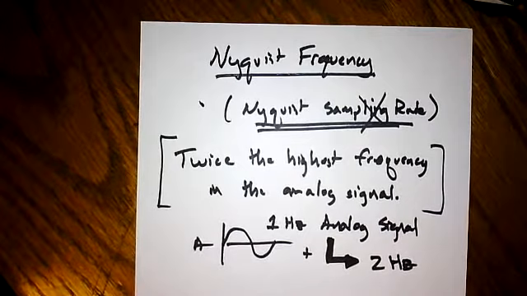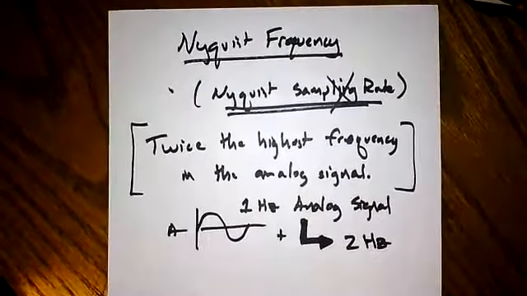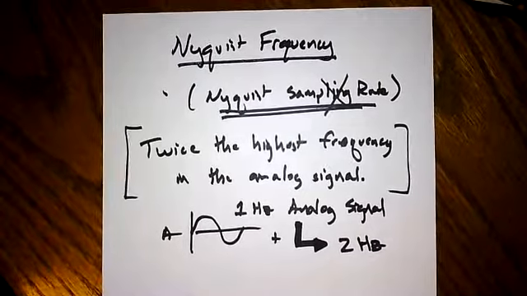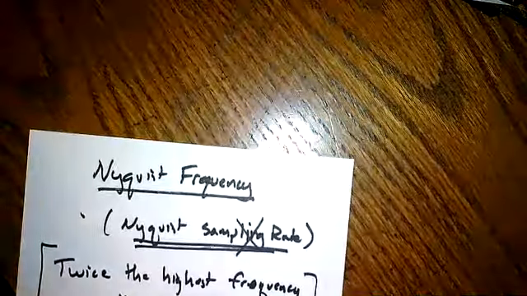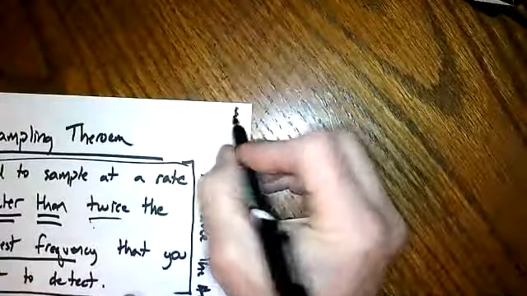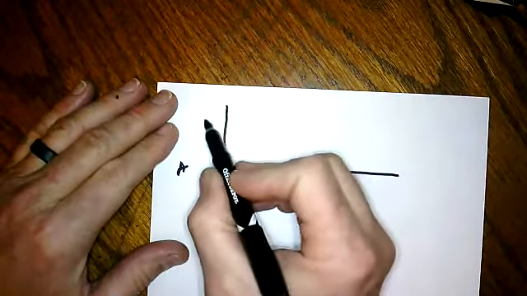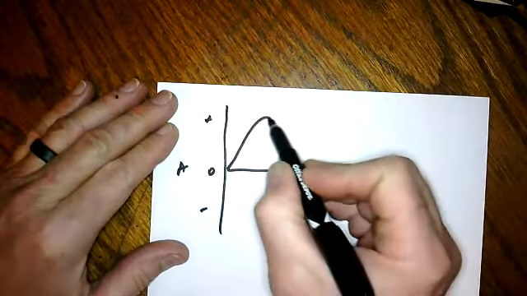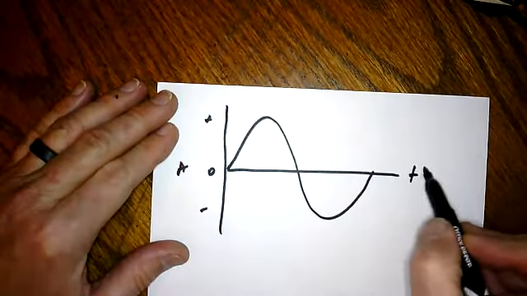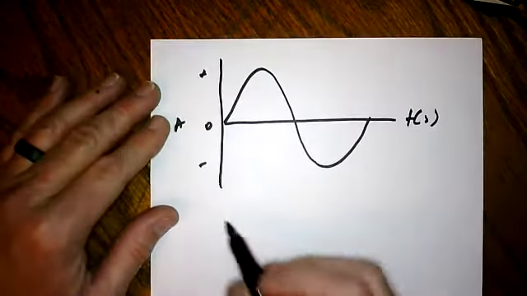So I showed you 4 hertz. But what do we typically do in the lab? We may sample at 1,000 hertz, all right? Why do we sample at 1,000 hertz? Someone's got to remind me to remember these. Why do we sample at 1,000 hertz? Well, if I go back to my analog signal of 1 hertz, remember, even 4 hertz,